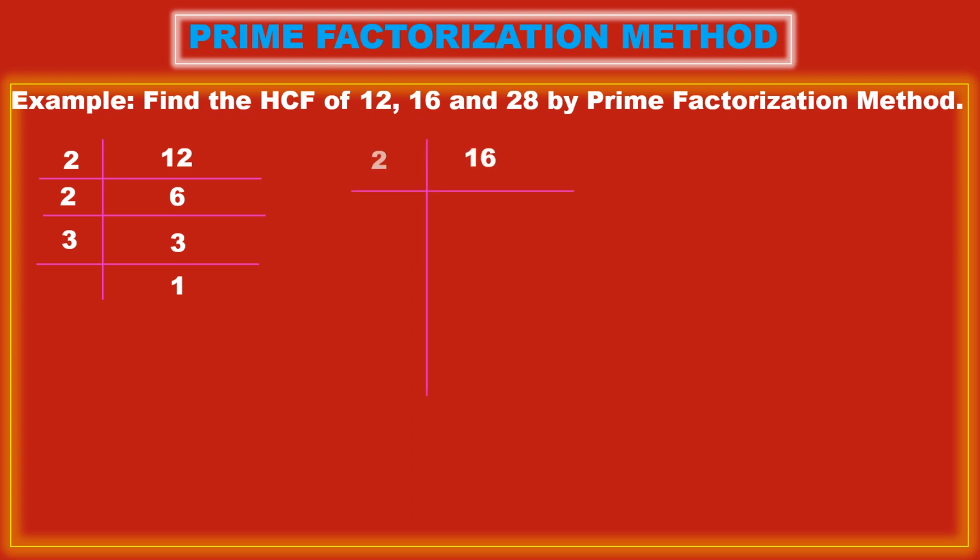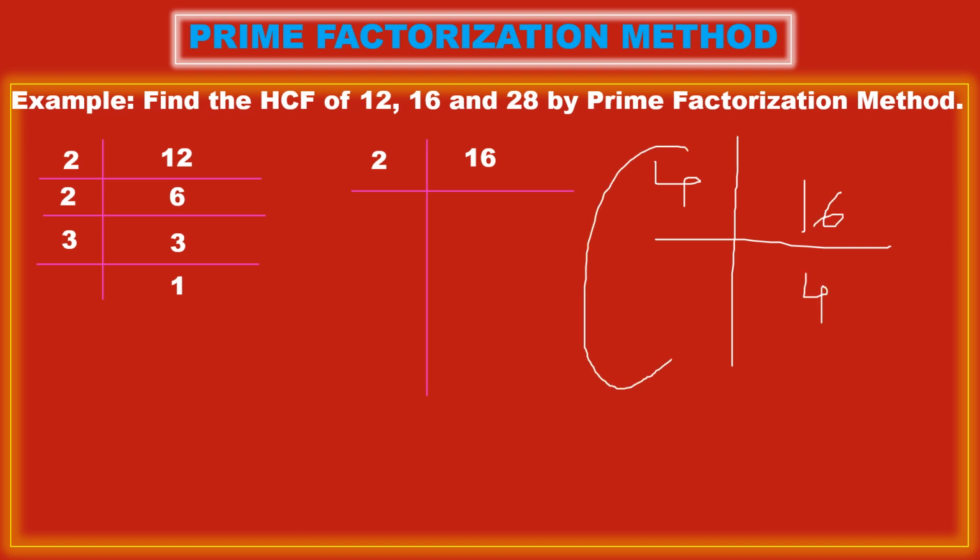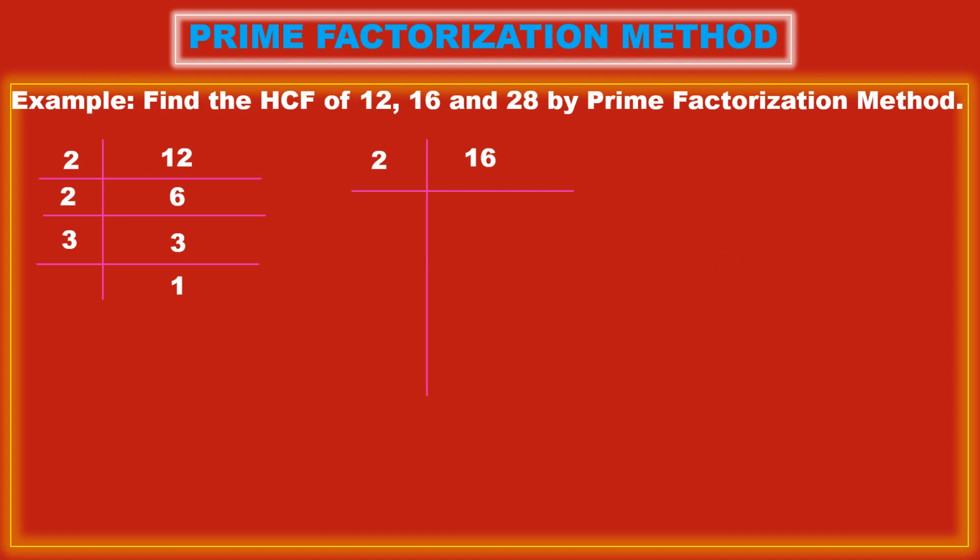16. So 4 fours are 16, we know that, but here we are doing the prime factorization method, which means we should start from the least prime number. 4 is not a prime number. So we should not take 4 fours, because in the prime factorization method, whatever factors you take here should be prime numbers. I am starting with 2 because the units digit is 6, so it is divisible by 2. So 2 eights are 16. As 8 is also divisible by 2, 2 fours are 8. Now again 2 twos are 4, and 2 ones are 2.